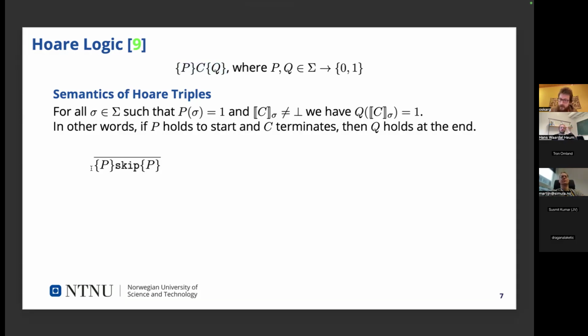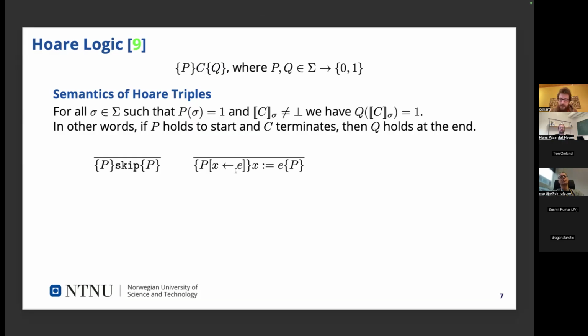And now we can define some proof rules, which we can actually use in things like EasyCrypt to prove things, and as a higher level abstraction to also prove things for these analyzers and so on. For example, if some statement holds to begin with and we don't do anything, then this predicate will still hold at the end.